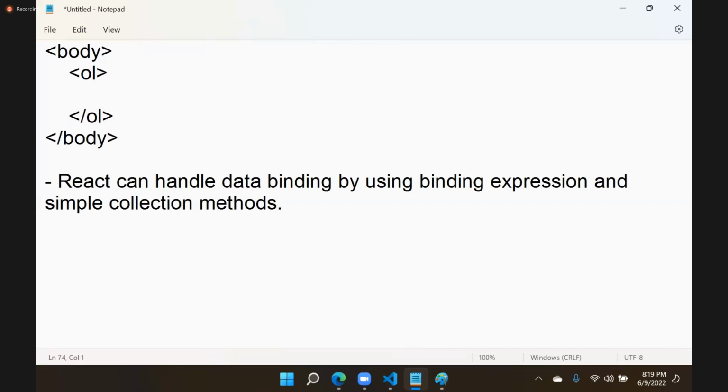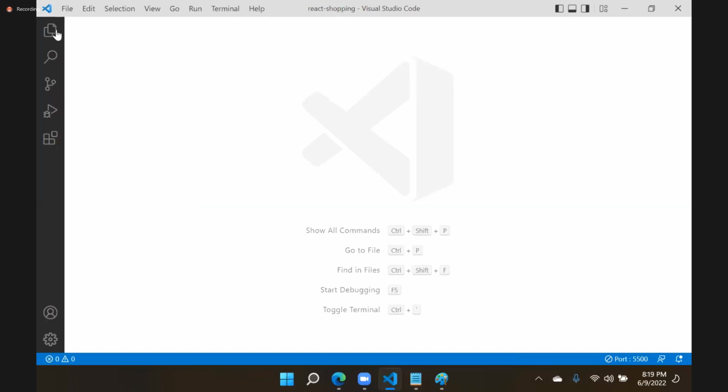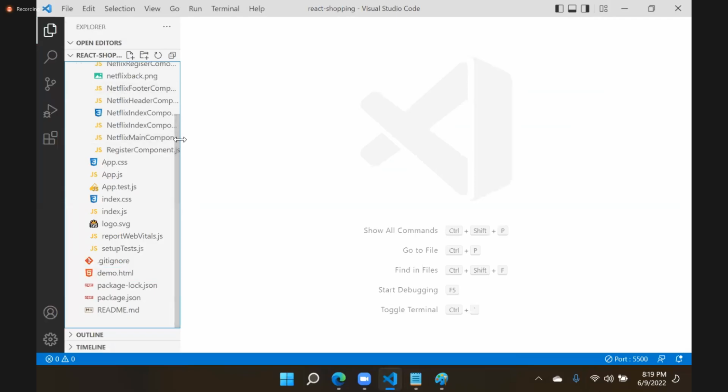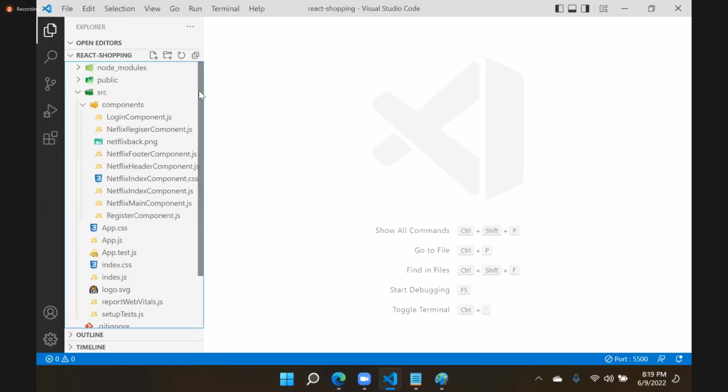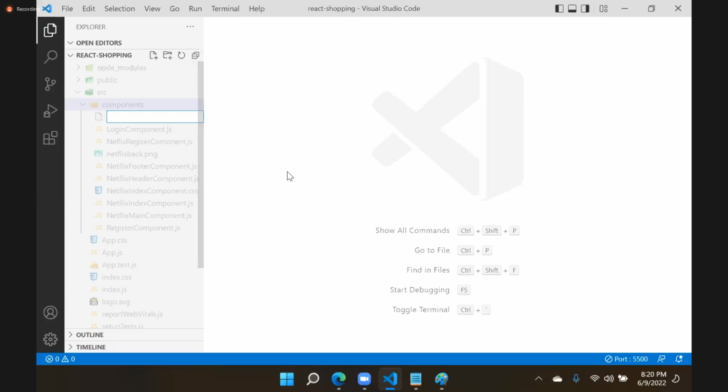Let's see how we can do this, how we can access and how we can bind the data. Let's see how React can handle data binding by using a simple binding expression. I will create a component here now. For every example, we will create one component and use that component. I will add a new component in the components folder. I will say data binding